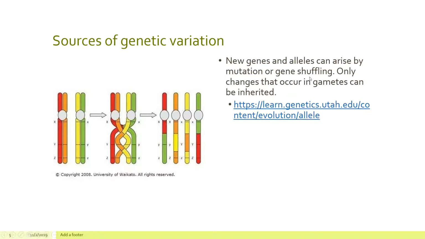The other one is gene shuffling, and what I mean by gene shuffling is simply crossing over. And we know this happens during prophase 1 of meiosis. During meiosis, the homologous chromosomes can cross over, and when they do this, they can cause variability. This is what causes variability in the offspring that is observed right here. So we see that there is some variability in the outcomes that we could possibly have when sexual reproduction is occurring.